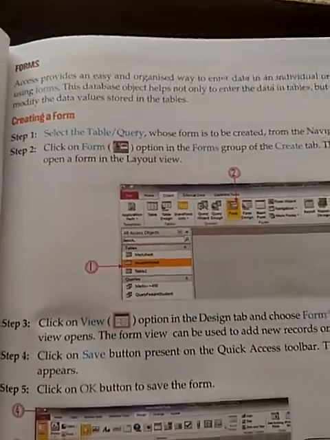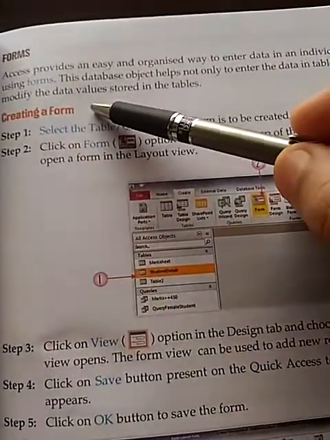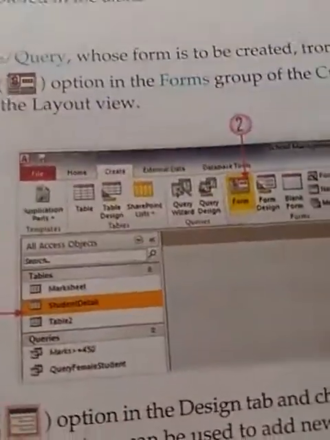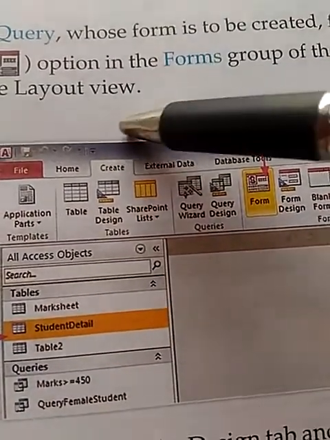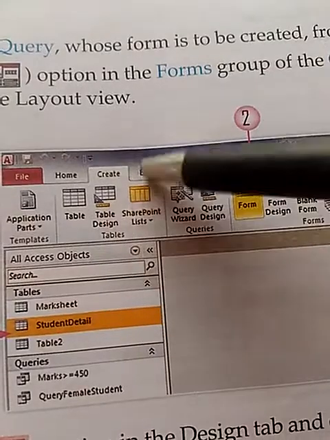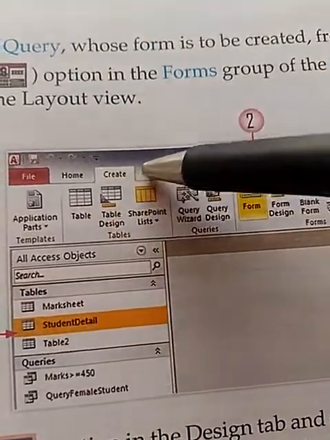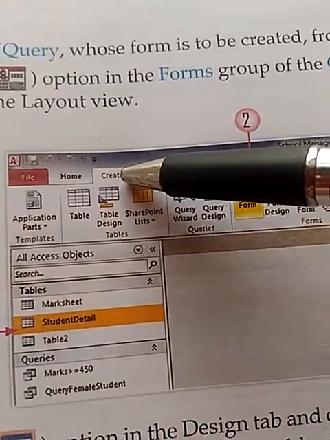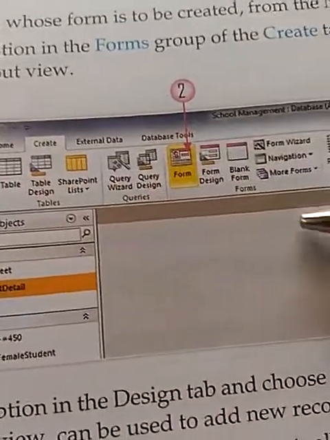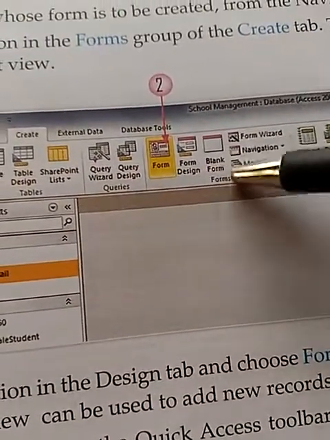Now, how can we create a form? First you need to go to the create tab. Click on the create tab. After clicking on the create tab, move to the forms group.